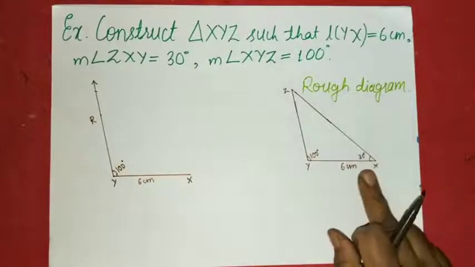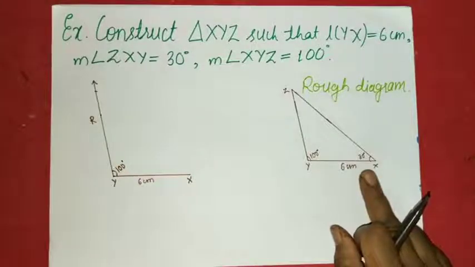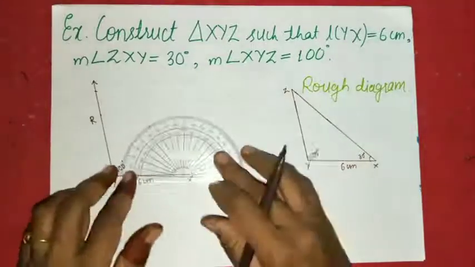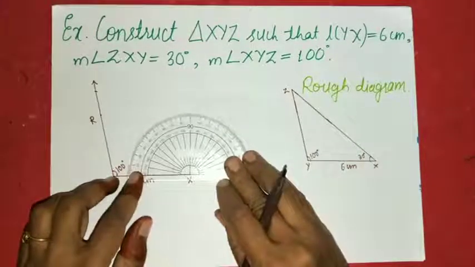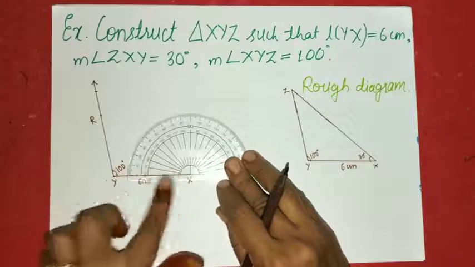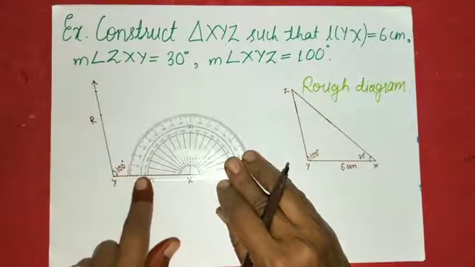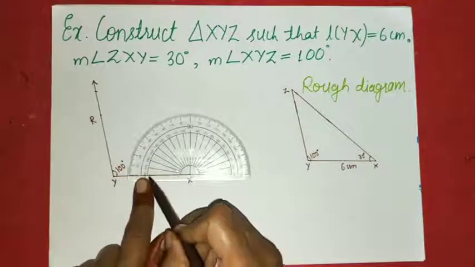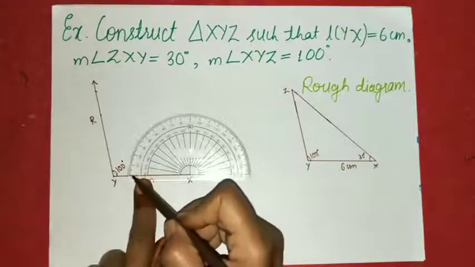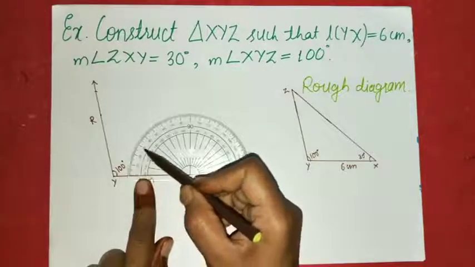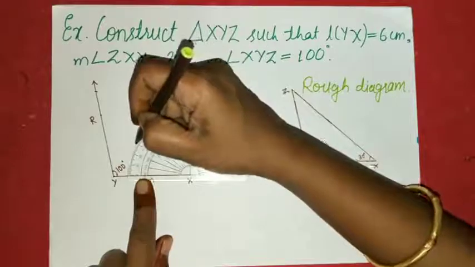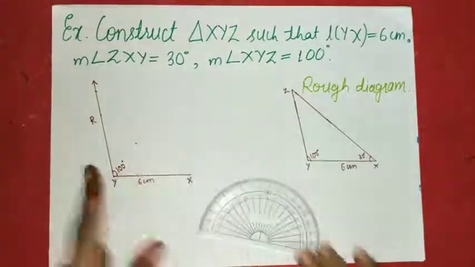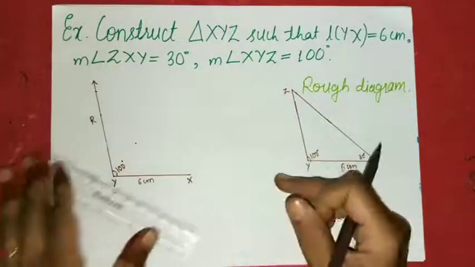Now we have to draw an angle of measure 30 degrees. So for that, again take a protractor, put it on vertex X. Now we are matching the reference line with the segment YX. Now see here, we are matching it on the left. So we will take the scale of the left. So now 0, 10, 20, 30. So you will put the dot of 30 degrees here. Now join this dot with the vertex X.